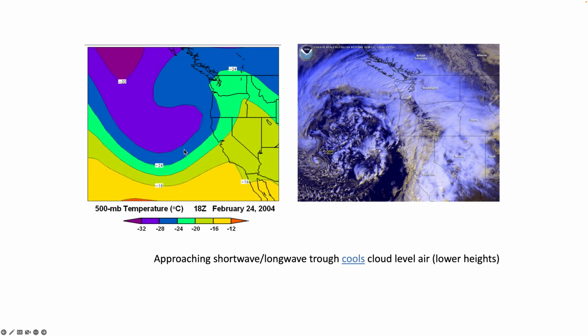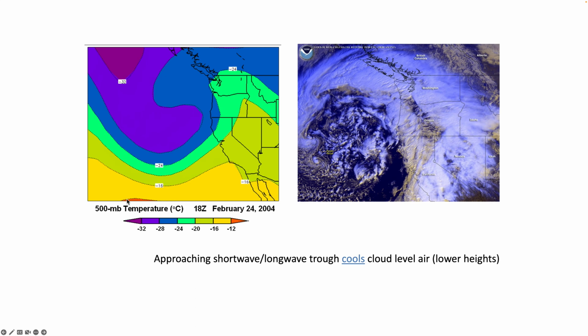So here's an example from our book, and in this case, what we have is a long wave trough approaching the west coast of the United States, and really cold upper level air associated with that trough. And so in this case, we're not looking at isolated heights, but we're taking a look at 500 millibar temperatures. And so you can see they have 500 millibar temperatures that range from about 12 below 0 Celsius